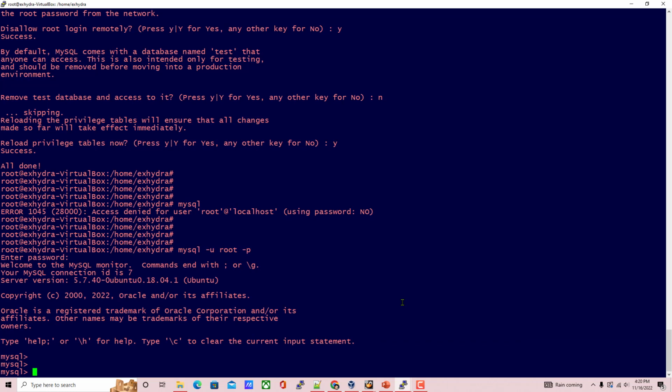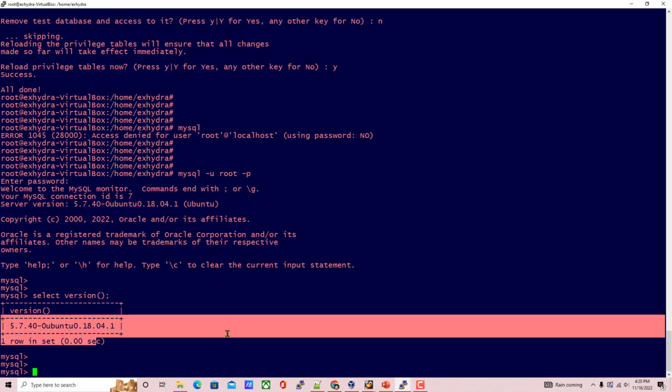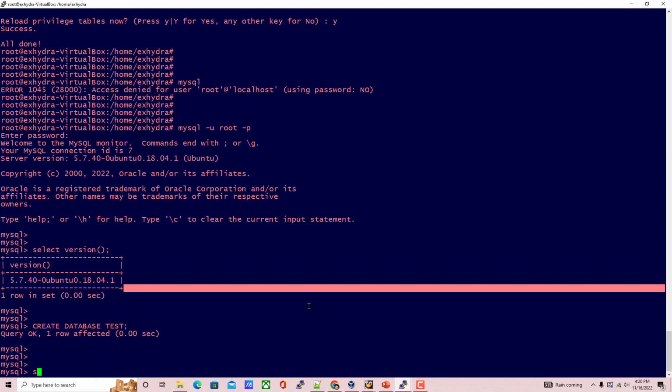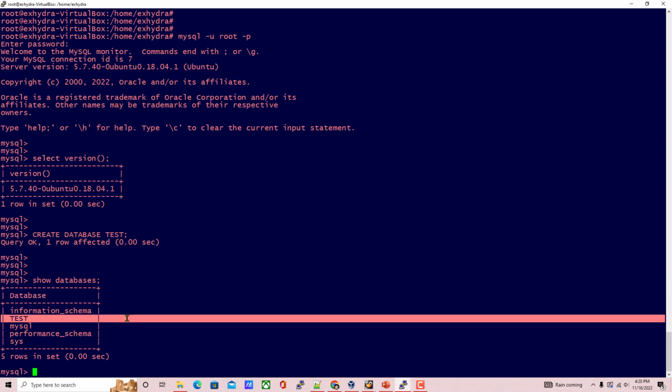And if you want to select the version, you can say select version. So this will give you the current version of your MySQL database. And if you want to create a database, then you can say create database test, something like this. So this will create a test database. So if I say show databases, the test database is added